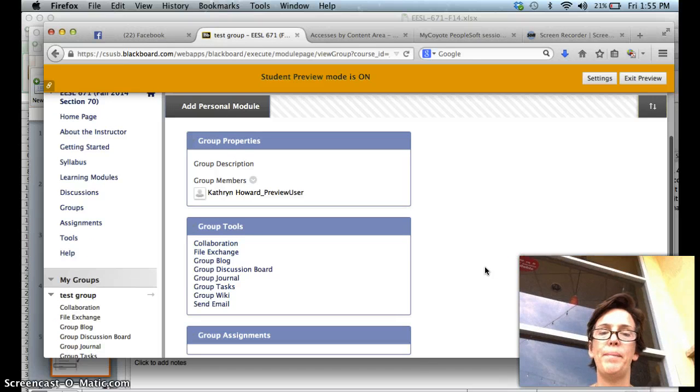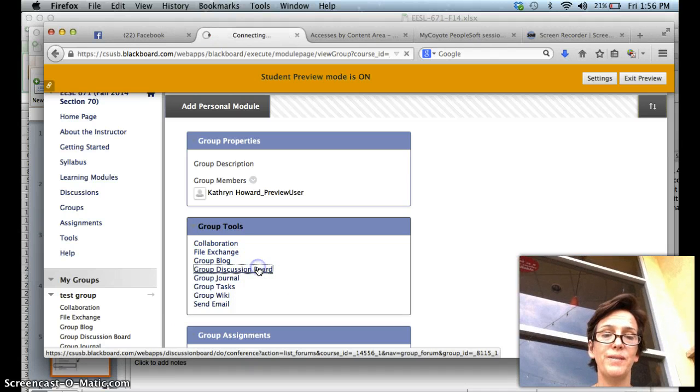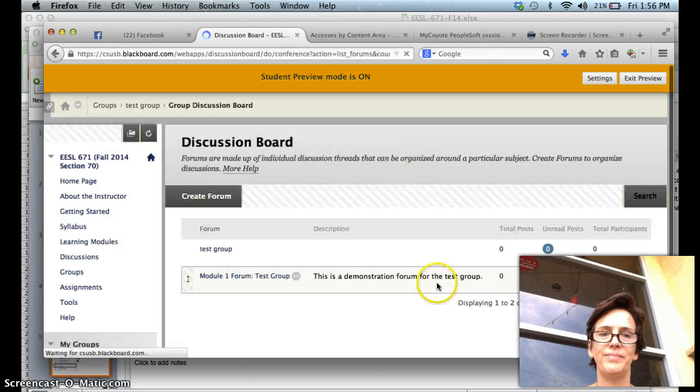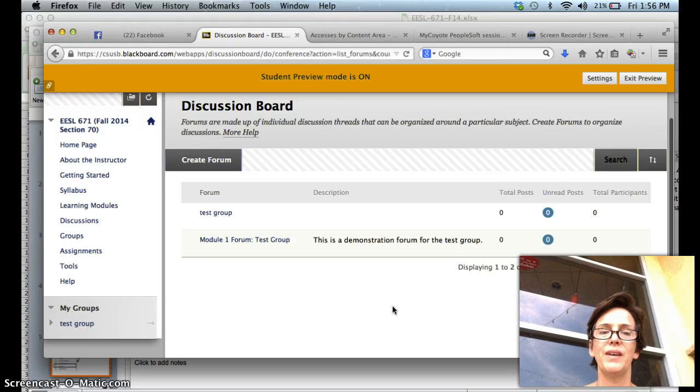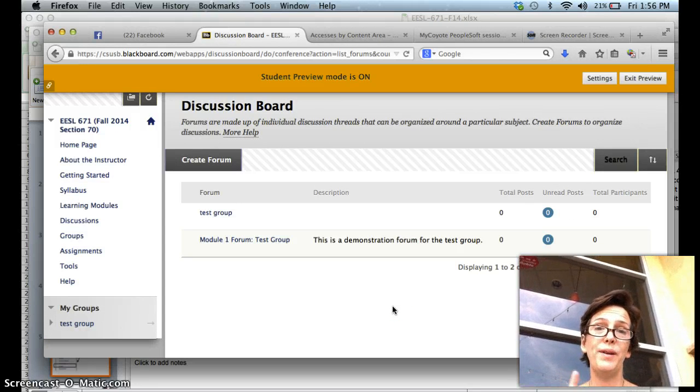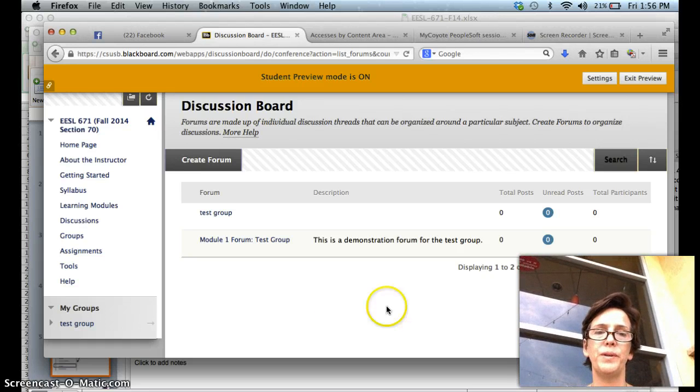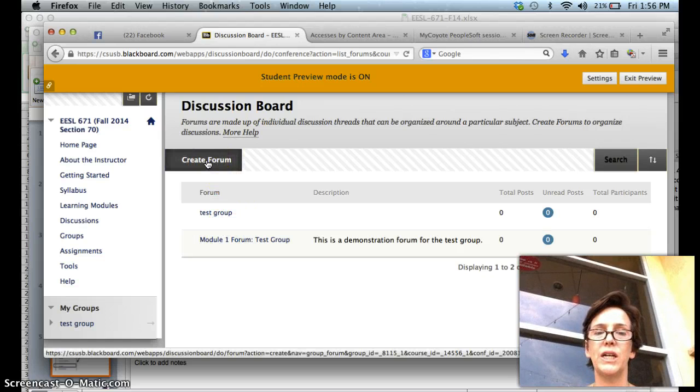Then your group will pop up and it will show you the members of the group, and it gives you the tools and that kind of thing. So for this one, click on group discussion board. And then what you're going to do is one member of your group needs to create a forum for your group discussion. So you would click here,